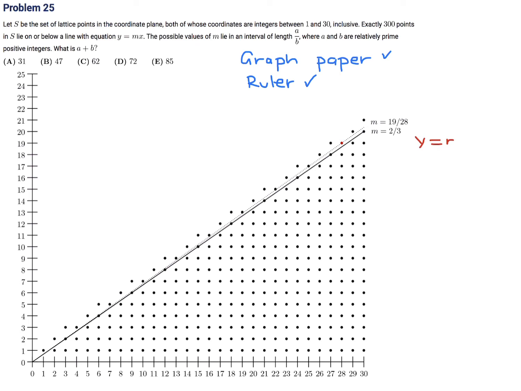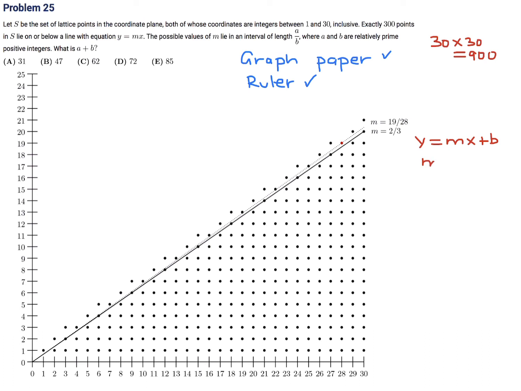The solid line is the equation y equals mx plus b. Now, when we draw it, we want 300 points, exactly 300, not 301, not 299, exactly 300. The total number of points, since it's a 30 by 30 grid, will be 900. And we want 300, so basically we want a third of them below that line. So that means that most likely this is going to be